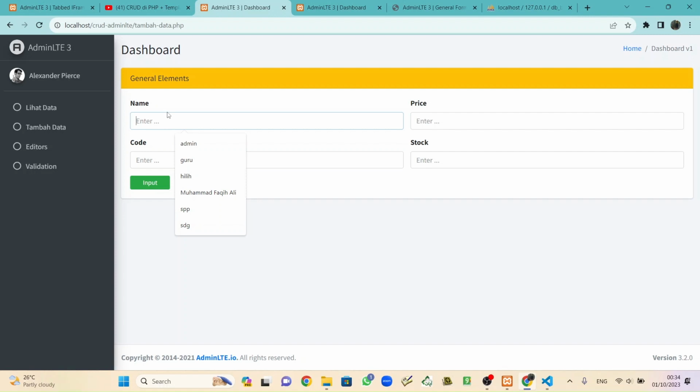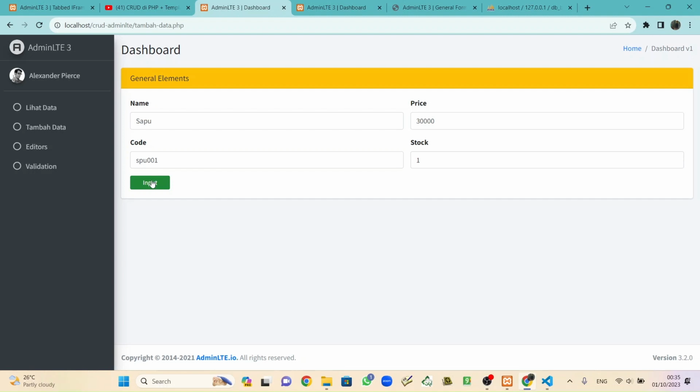The first one, name of the inventory, what you want to input, maybe sapu, and the code is SPU001. The price is 30,000 and stock is just one, and I hope it works.